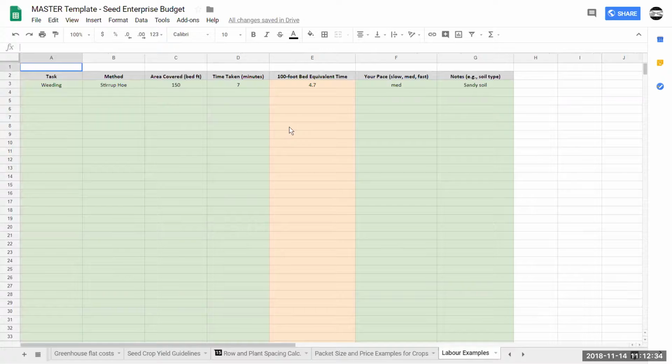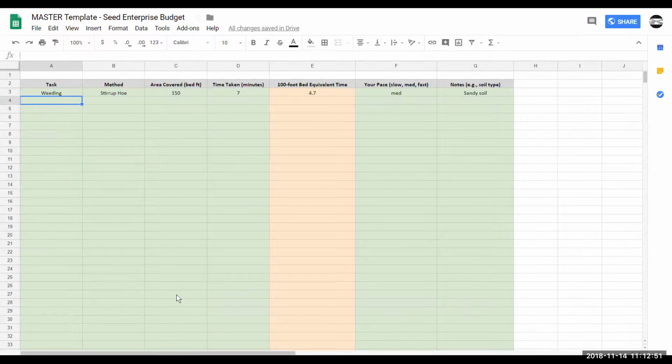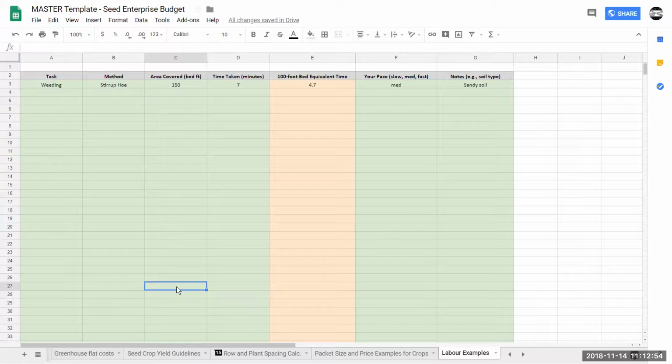Another thing we're hoping to fill in here as well is examples of different types of labor in terms of what your cost would be for weeding, for trellising, things like that. And so if you've never grown a crop before, you can at least use some tools like this to estimate how much time is going to go into it. So it's a very, very detailed spreadsheet. And I think, despite what I've just done, going over it in this way doesn't offer a lot of value to you. Where the real value comes is in using it and walking through it with somebody else. That process really helps you understand your pricing more and what your input costs and everything look like. So that's a general overview there.